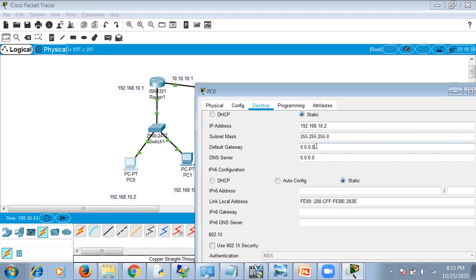So the gateway address for this LAN is 192.168.10.1 and not this link, because this link is a different LAN. This PC belongs to this LAN, so you have to give this LAN address.